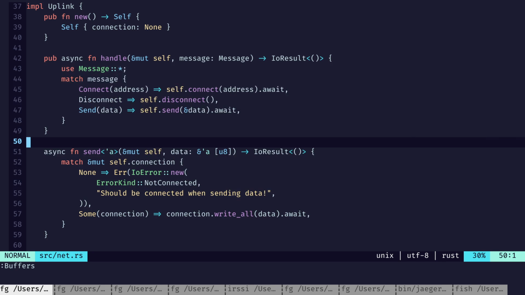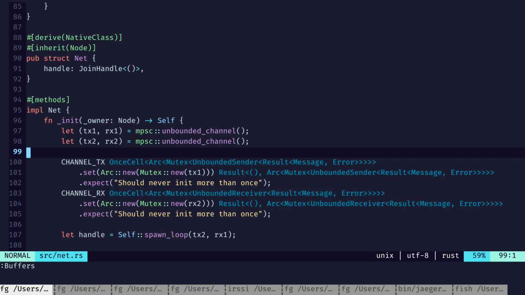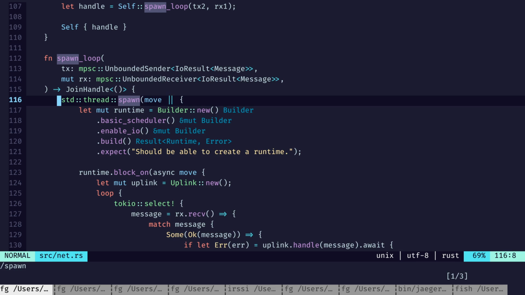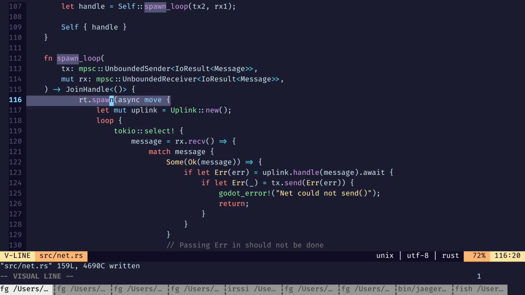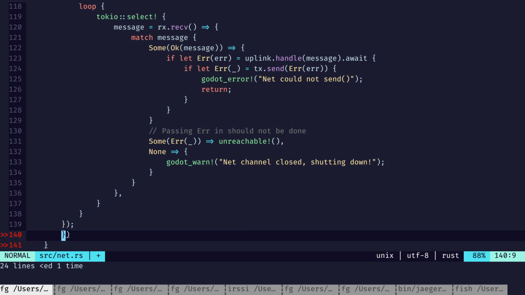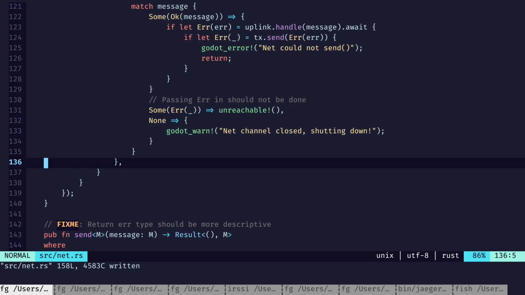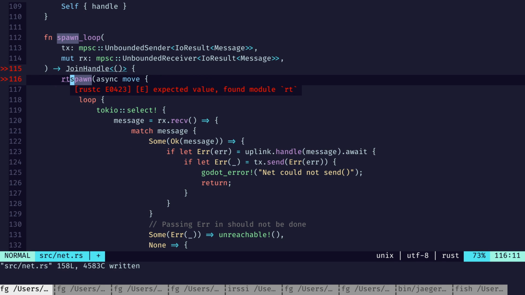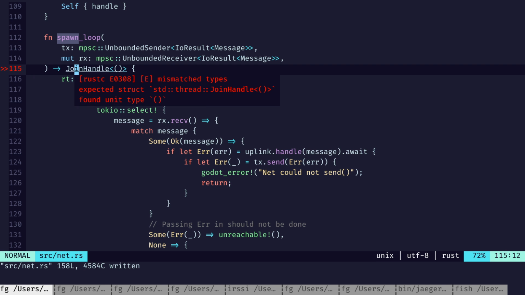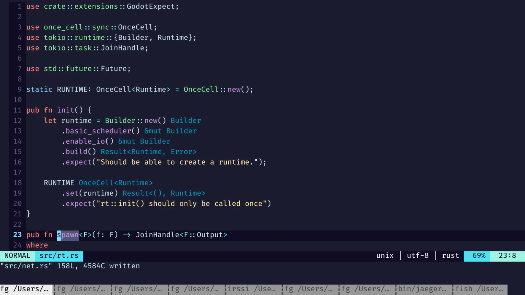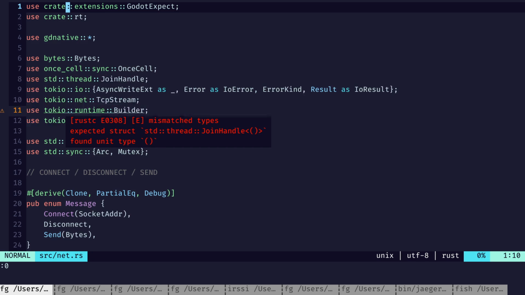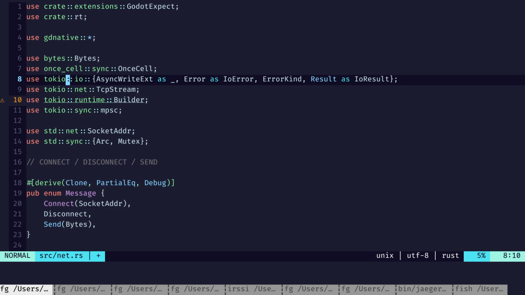Gotta go back into net. Okay. Is this net? This is net. There's our spawn. Spawn loop. Now instead of this, I'm gonna use RT spawn. Oh, it's a colon. There we go. RT spawn. Turning a join handle. That's the wrong kind of join handle. It's RT spawn. Let's get rid of this join handle. This is now